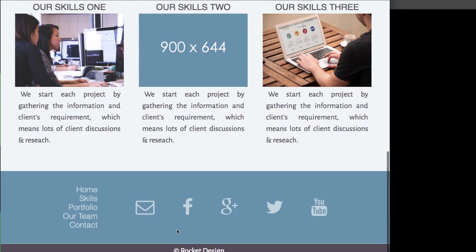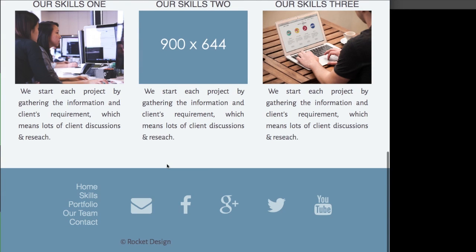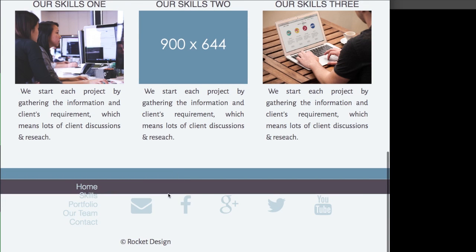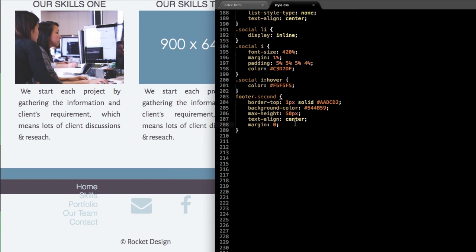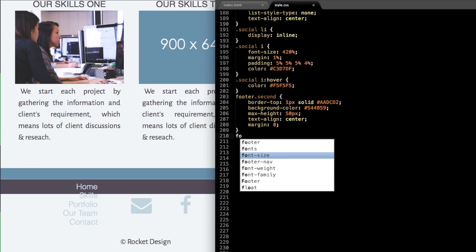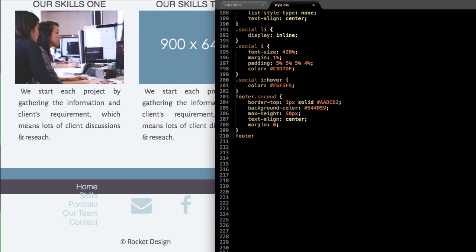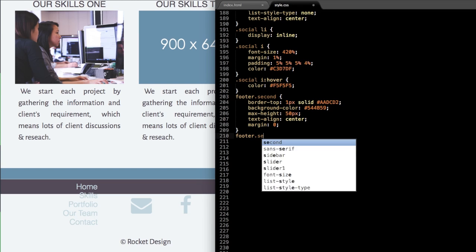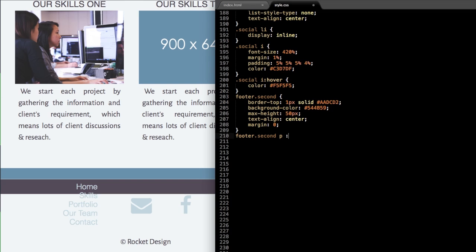let's go to the version that we've been working on. So if we refresh, there we go. So we'll correct this in just a second. Let's add the rest of the footer second style for the paragraph text at the bottom, and then we'll correct the odd overlapping or overflow that we're seeing down there. Along with the size, we'll change the icons and the email icon. So just write footer.second and then P, open and close the brackets,